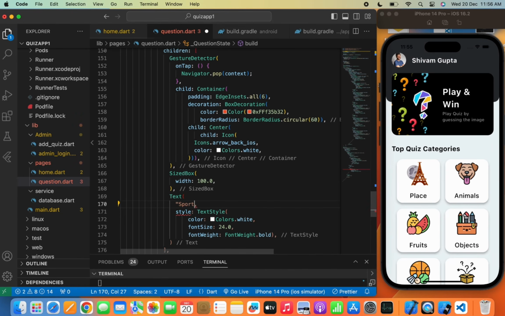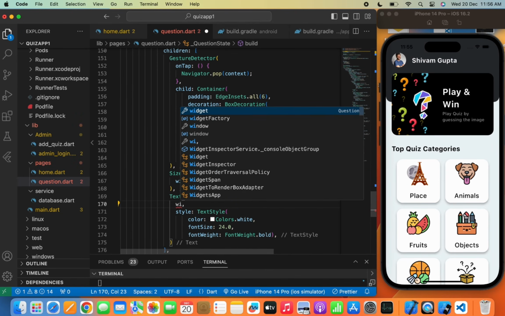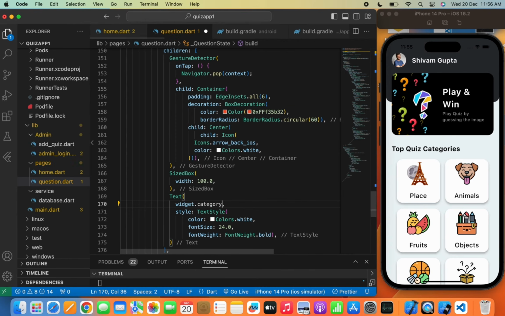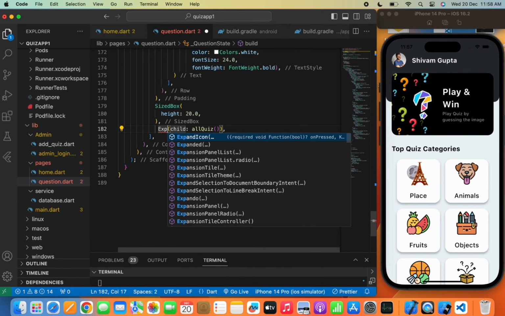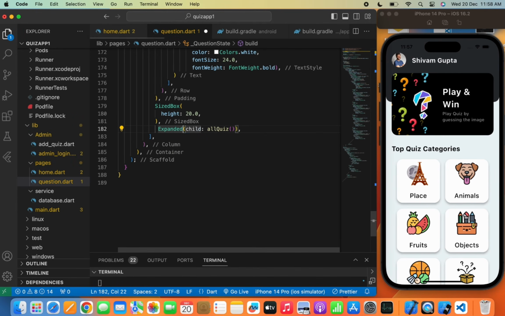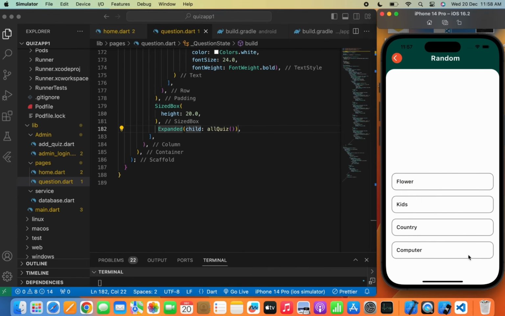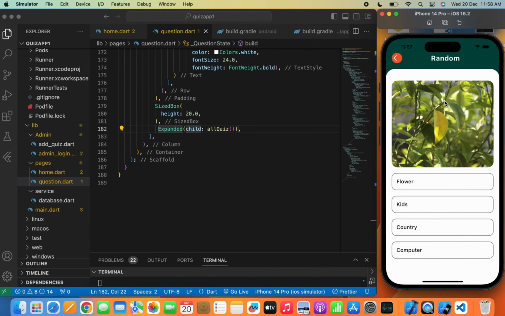Now do one more thing in our question.dart file: wrap up the all quiz function with an expanded widget so that it can cover the complete height of the screen. Now we'll hot restart it again and we'll click on the random category here. So as you can see, here I got an image and the quiz